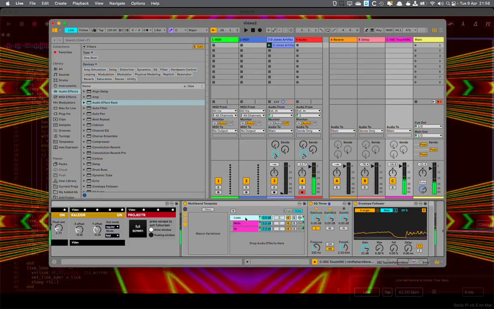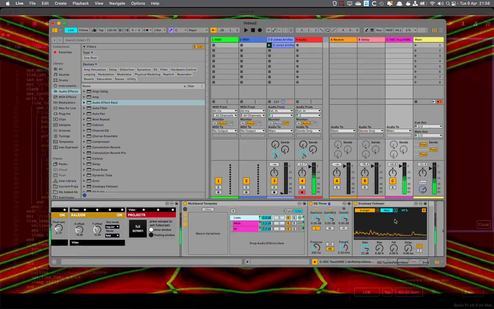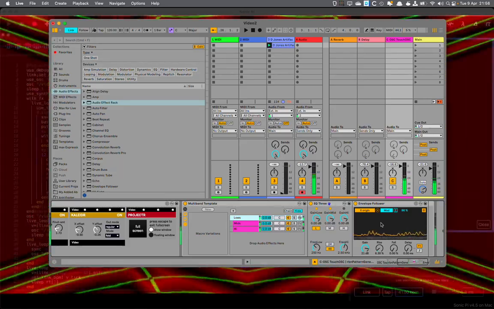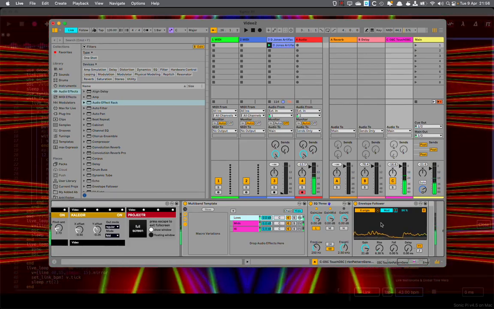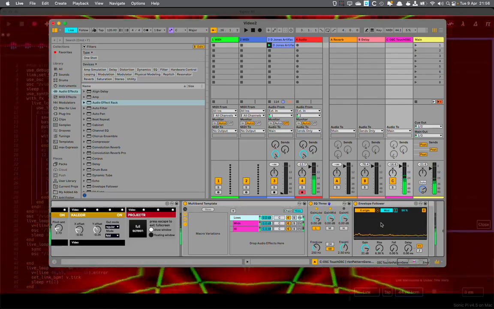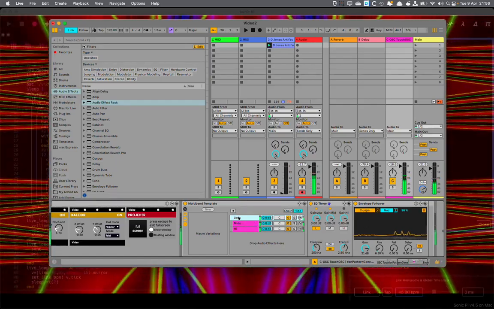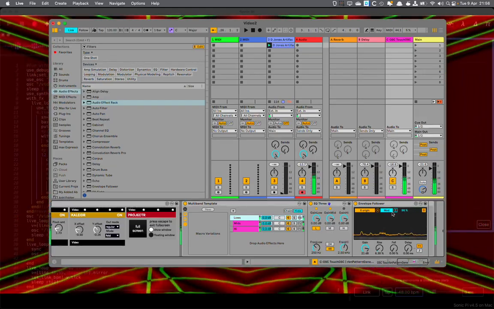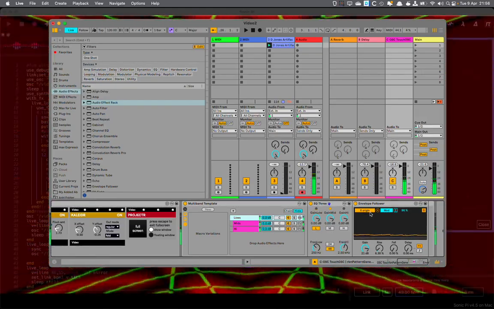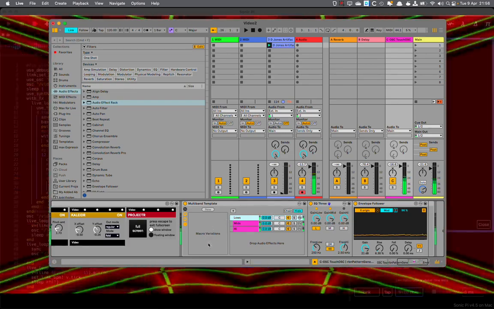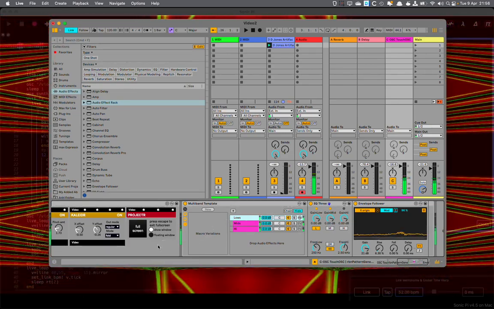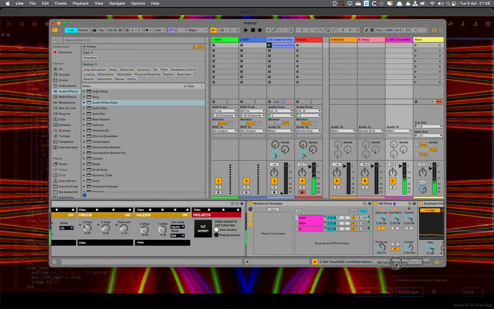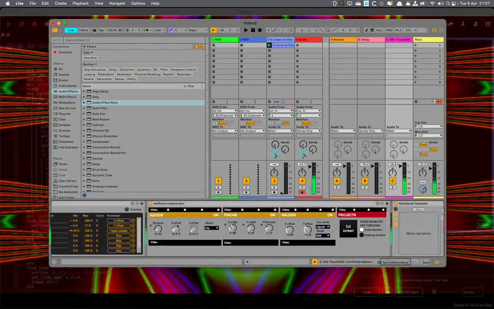And each of these is feeding into an envelope follower, which basically allows you to produce a changing signal whose value is equal or proportional to the envelope of the sound coming through. And you can see the sound of the low envelope here, and that is being used to modulate a device called Y Origin. And if we move back into the Live for Max device, which I've created here, which uses